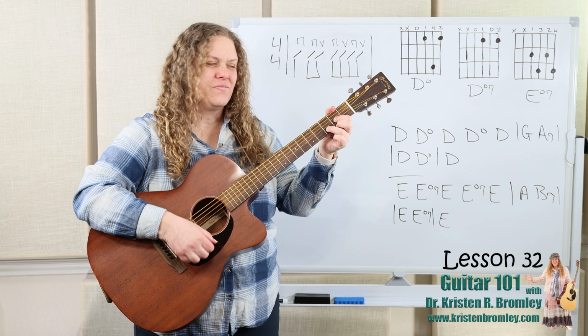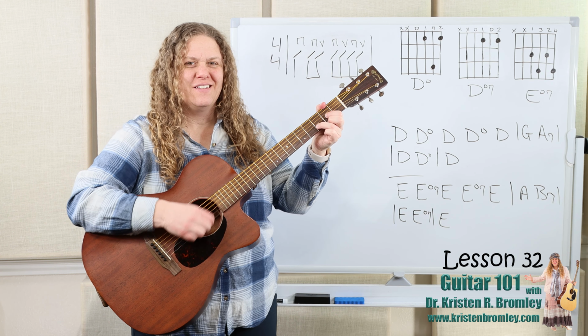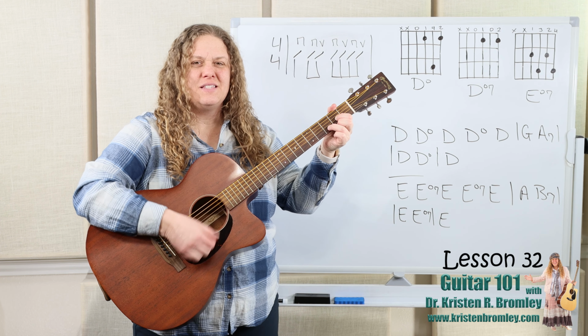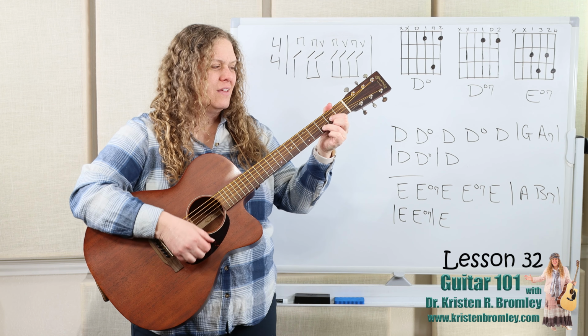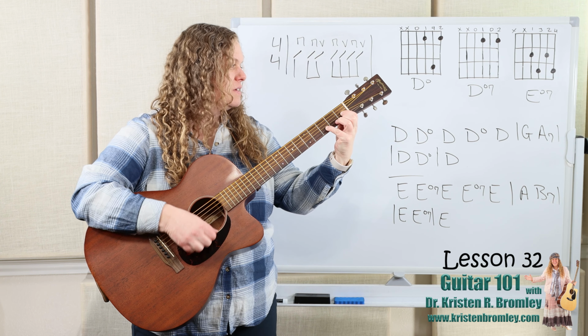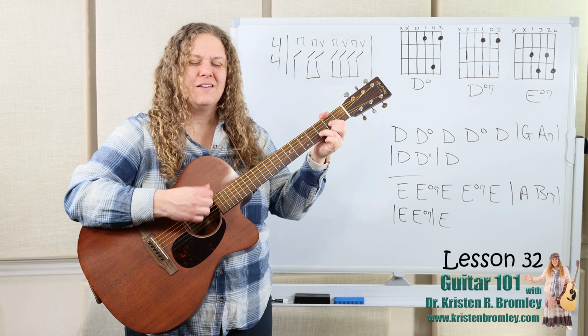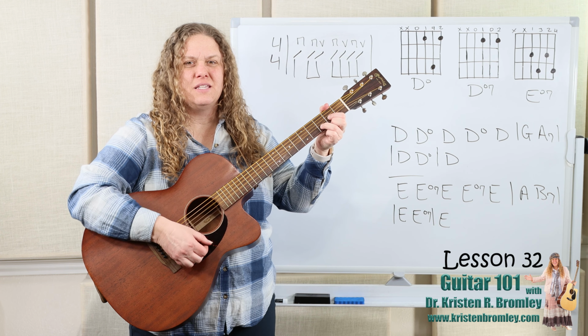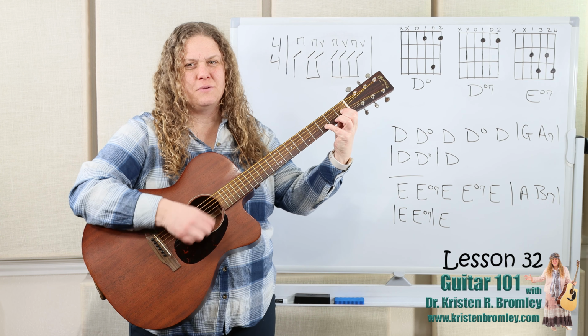Let's do it again. So we got D to D diminished, to D diminished, to D, G, A7, D diminished, and